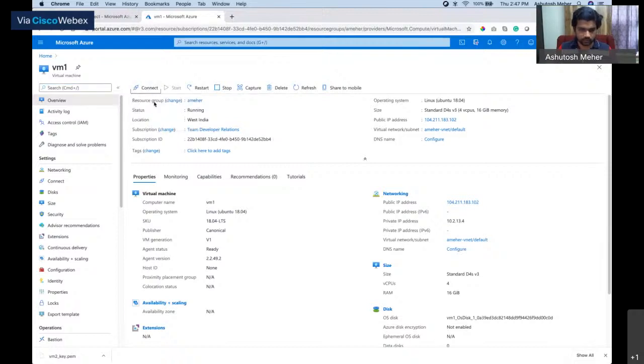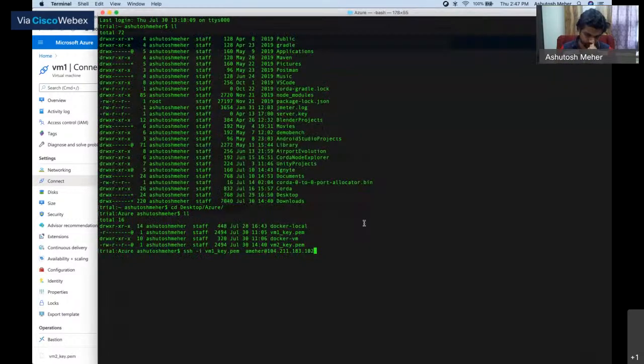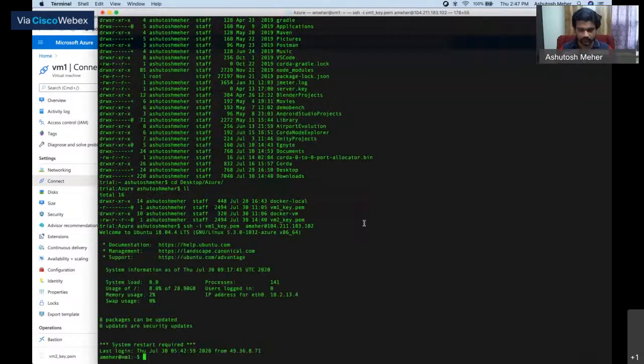Just copy this rather than typing it. So yeah, there we go. I'm inside VM1, but everything is configured here.